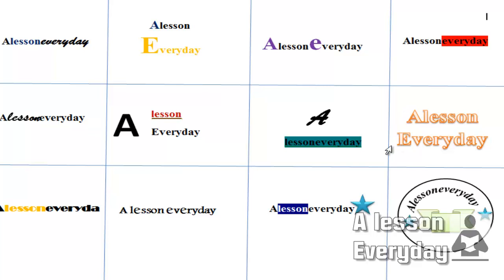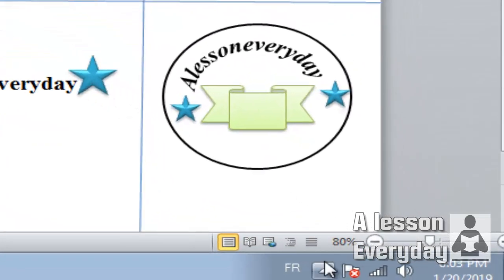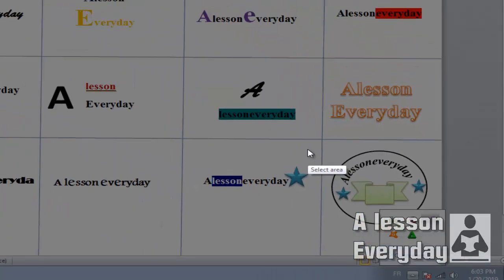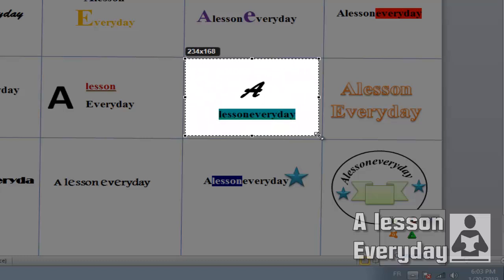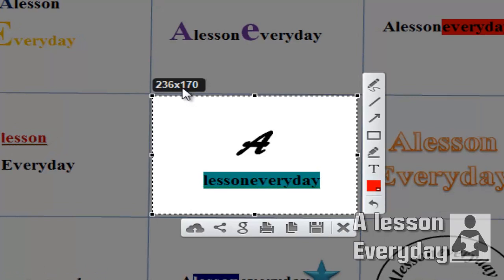Of course, what I'm going to do now is use this tool I have already installed, which is like a screenshot tool. I will just do this and choose the logo I want to use. For instance, you can check the dimension or the size. In case you want to work only on one logo, you can